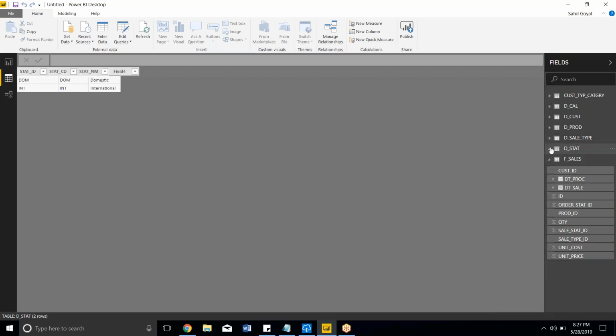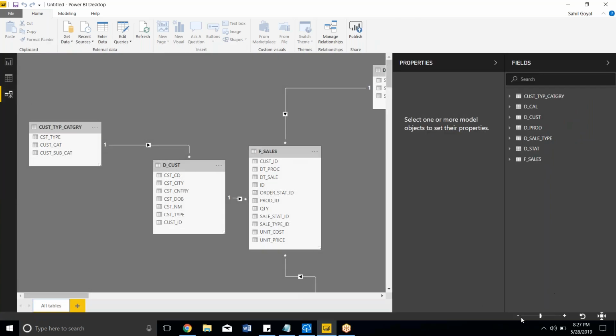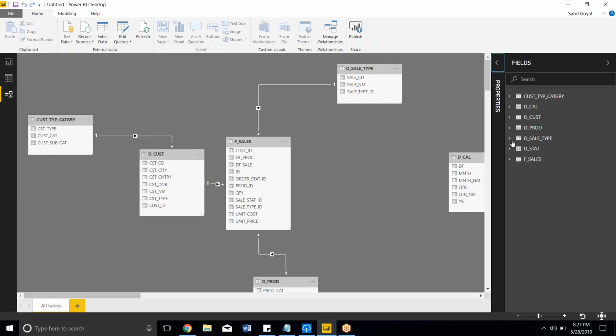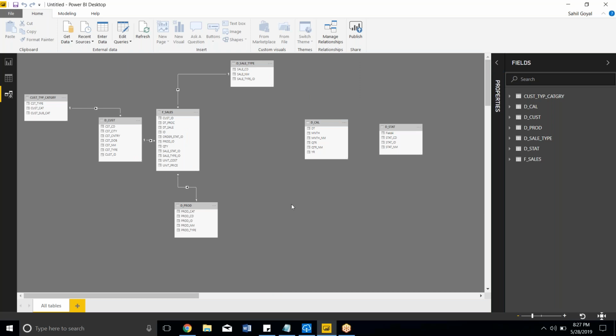So here, what we are trying to do is build a report around a data model. To analyze the model better, once we come to the model view, here we can see the relationship between the model and the related tables. If you will see here, my F sales table is linked to D sale type, then D product, and then the D customer. Okay, so this is the information which tells us that our table is directly